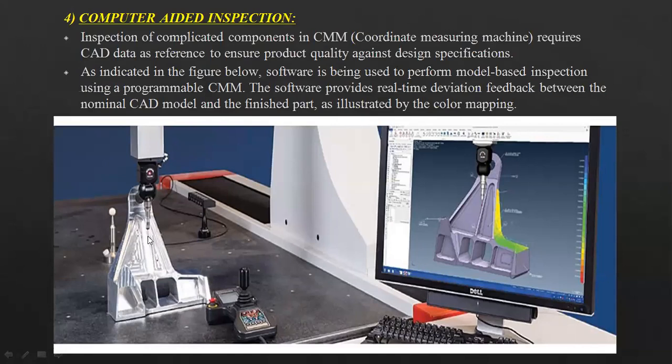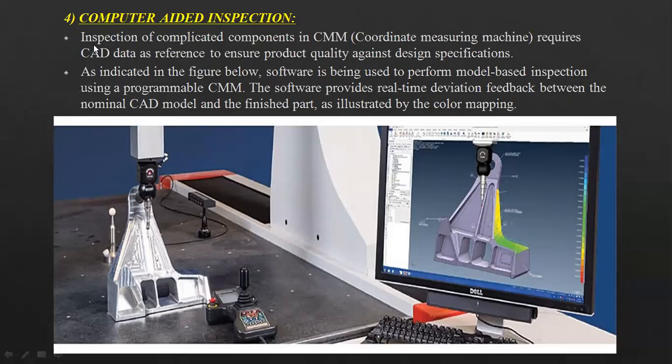It has a pointer-like probe at the end that will measure the coordinates. Once it measures that point, that data is compared with your CAD model to check whether what we have manufactured is as per design specification or not.